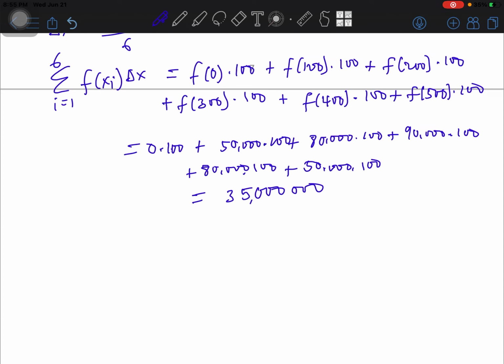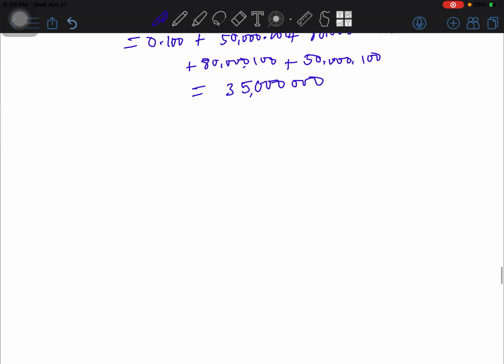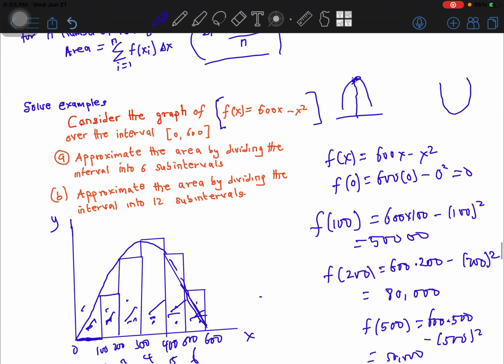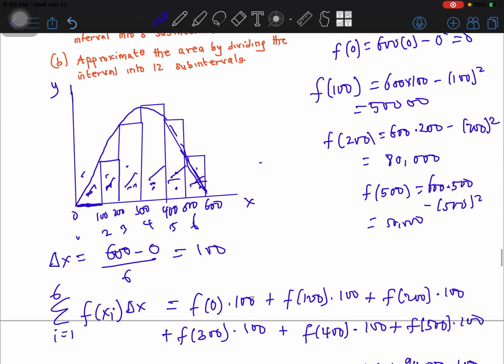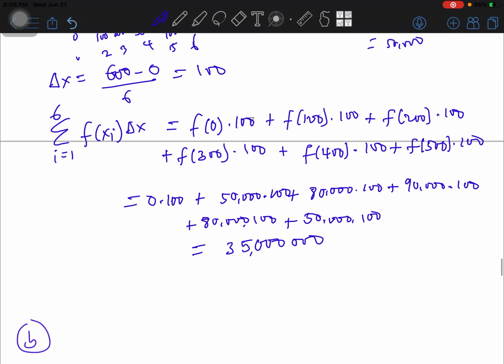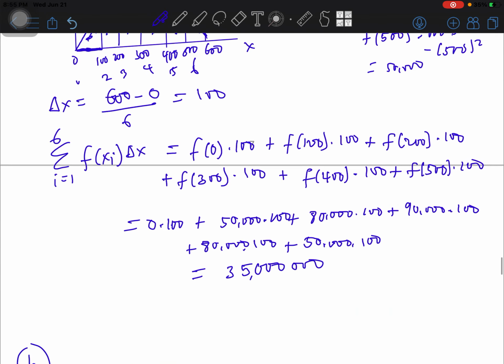Yeah, so this is what we got when we use a subinterval of 6. So let's look at the B. For the B, they are telling us that we should approximate the area by dividing the subinterval into 12. So based on this